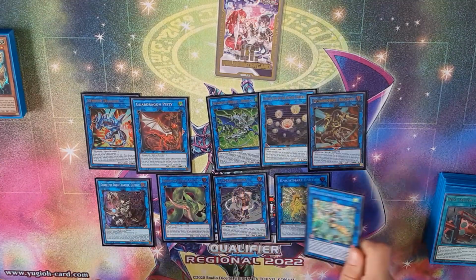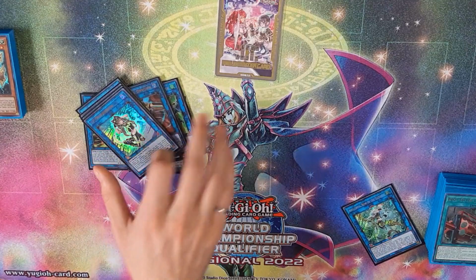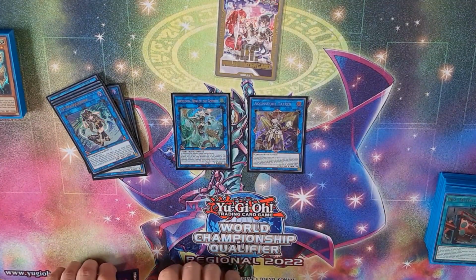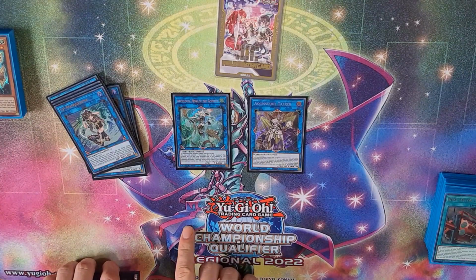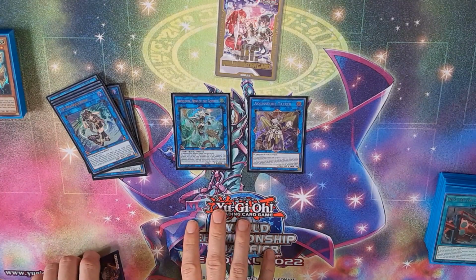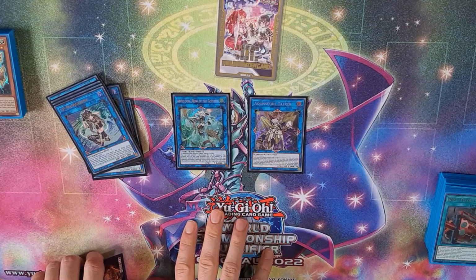And then Link 4s, you have Appaloosa, Access Code. Appaloosa put in the work this weekend. Oh my word. It is such a good card. I would strongly recommend that you play it. I think I got to the point where I was playing against...